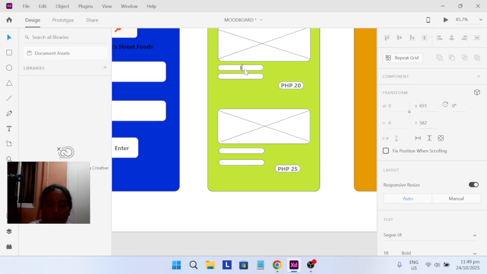Let's say isaw. No. Ano na yun? Oh, let's say calamares. Yeah.